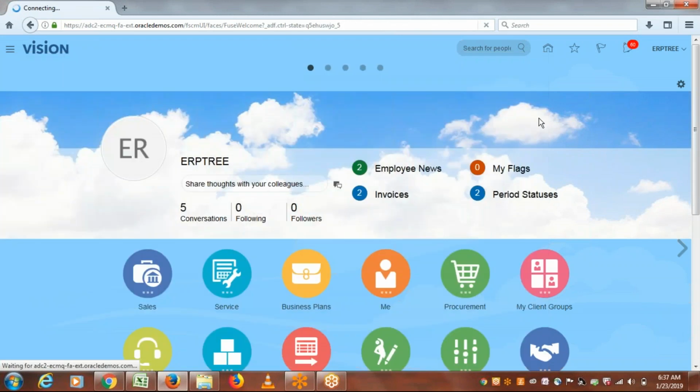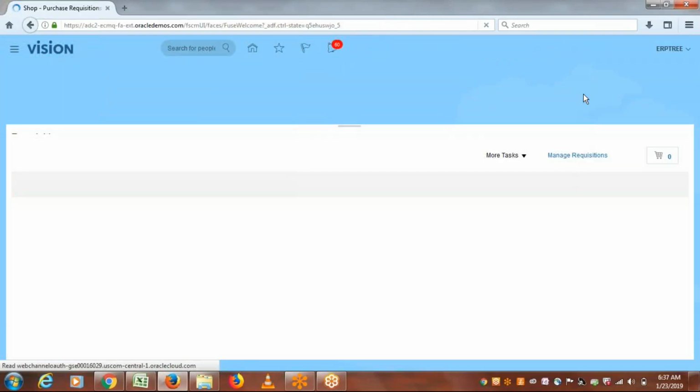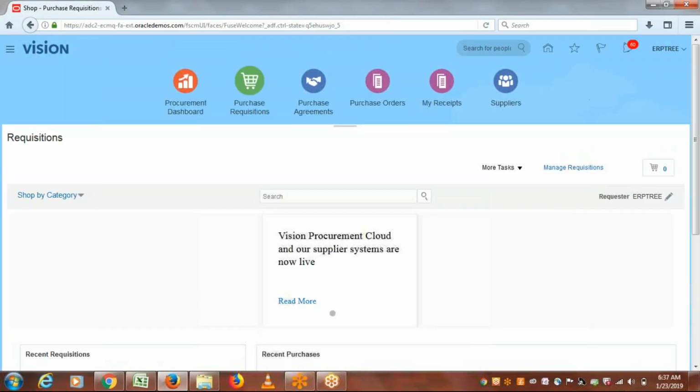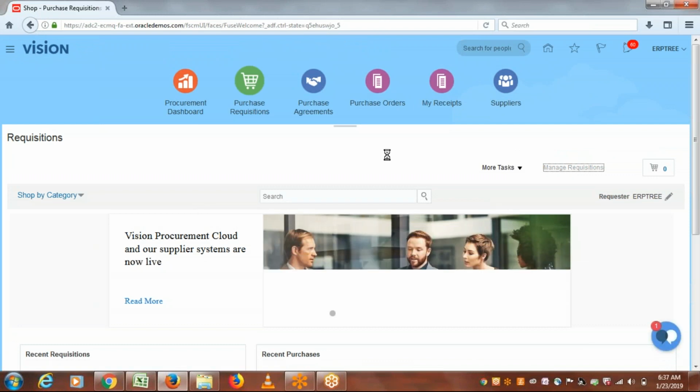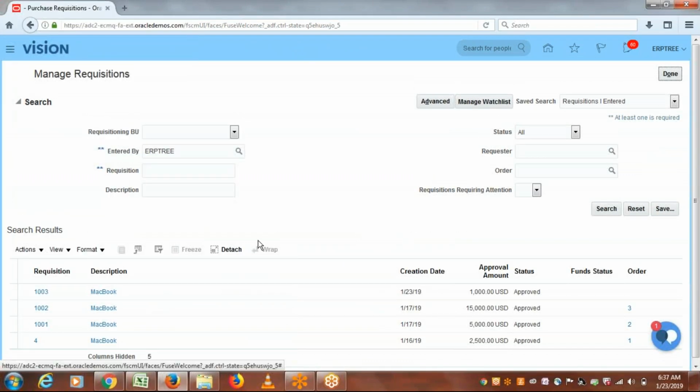Purchase requisitions. Go to manage requisitions. So this is the one which we created just now. 23rd Jan, 1003 requisition number. Status is approved. Now we'll increase one more